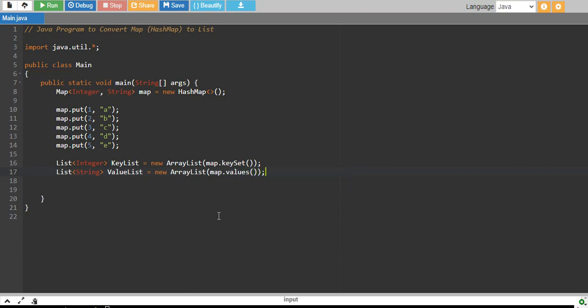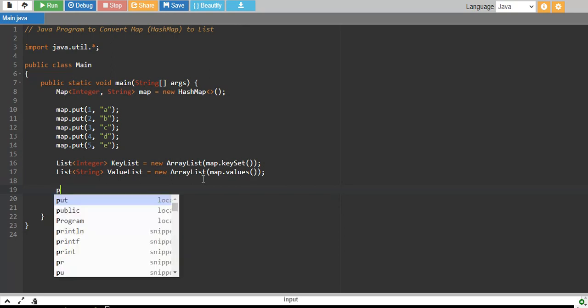Okay, so now I have two lists. One is an integer data type key list, which has the keys of the map, and second is a string data type value list, which has the values of the map. And finally we print them.